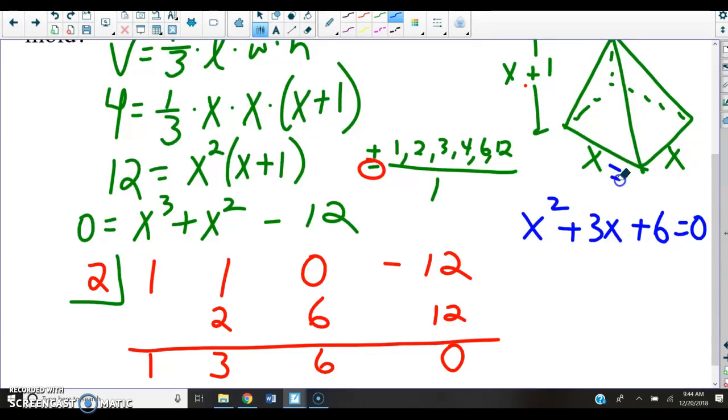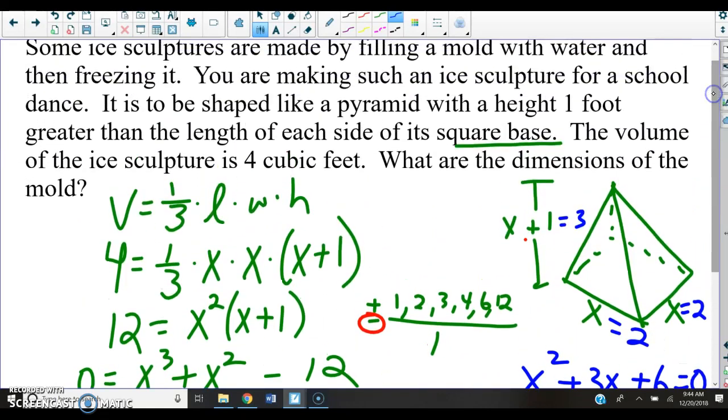So x has to equal 2. And it made sense that 2 times 2 times 3 would be 12. 1/3 of 12 is 4. Okay. So what are the dimensions of the mold? I think we just answered it. The base is a 2-foot square, and the height is